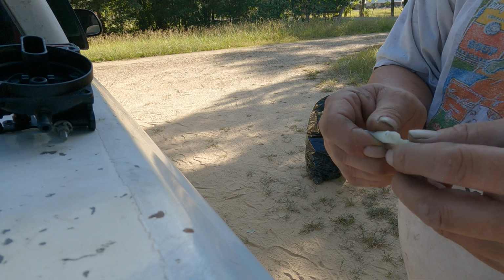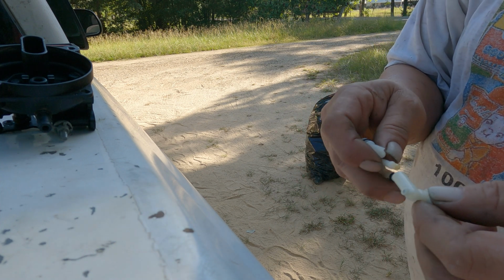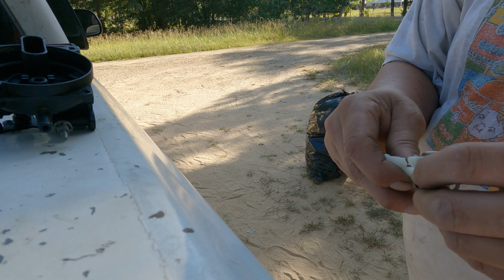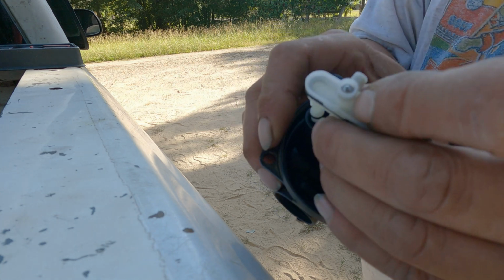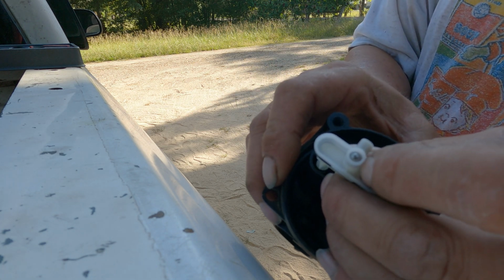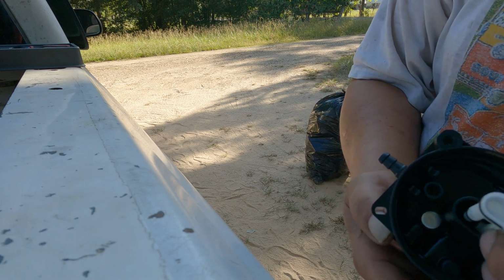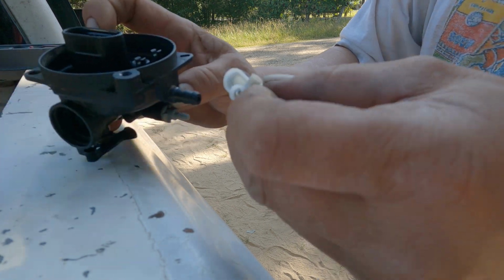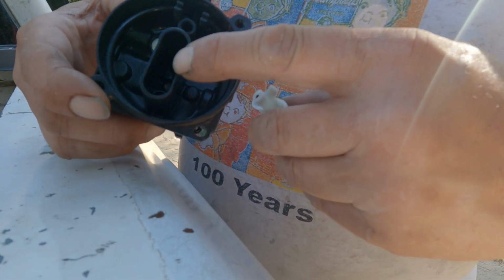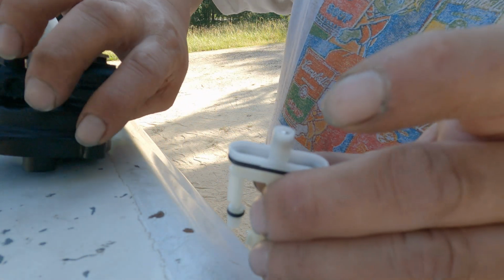Essentially, once I'm done pushing the two ends together, this is going to be in here similar to that. Actually, it goes this way. If you take a screwdriver and go to either side, you'll notice